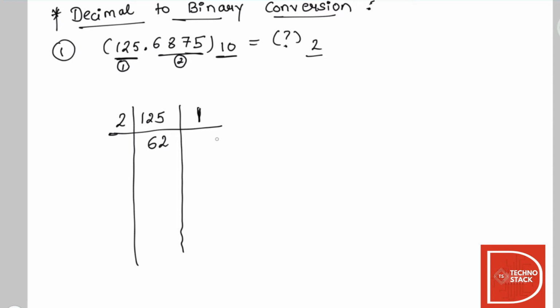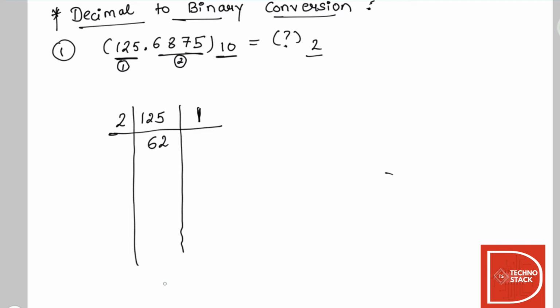If it's completely divisible, we'll write remainder 0. In this number system we'll have remainder only 0 or 1. So if the remainder is 1, we'll write 1, and if the remainder is 0, we'll write 0. We'll do this till the quotient becomes 0.